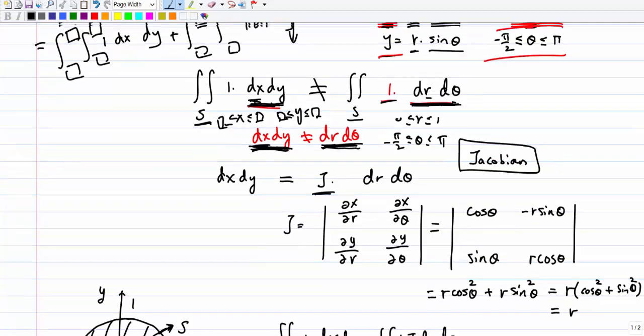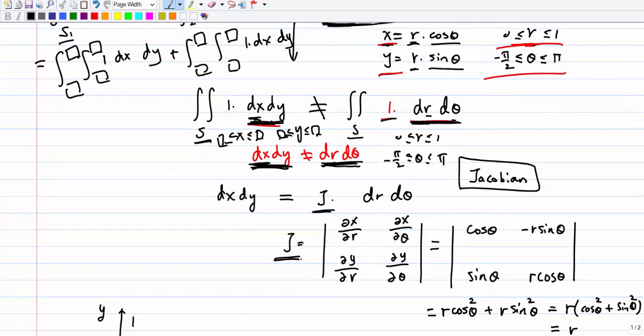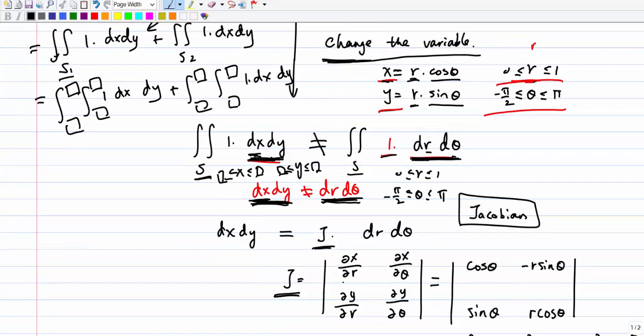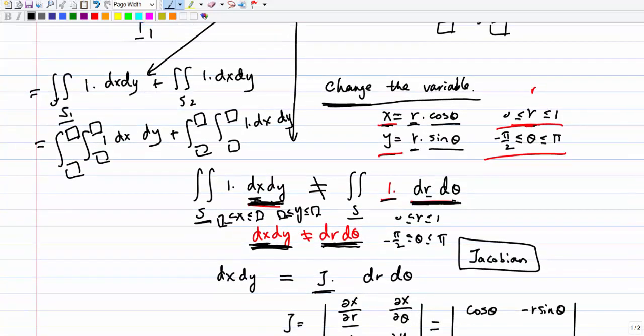Okay, the Jacobian is determined like this. The Jacobian is given by partial x over partial r, partial x over partial theta, partial y over partial r, partial y over partial theta. Basically what it means is we have two variables, x and y, and on the right-hand side, x and y can be represented as functions of two new variables, r and theta. So you can consider that x is f of r and theta,